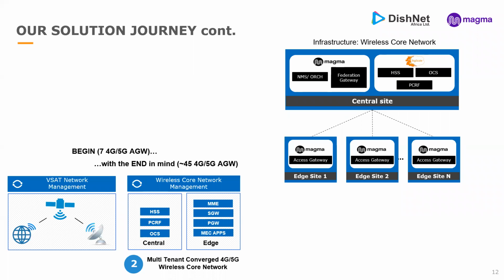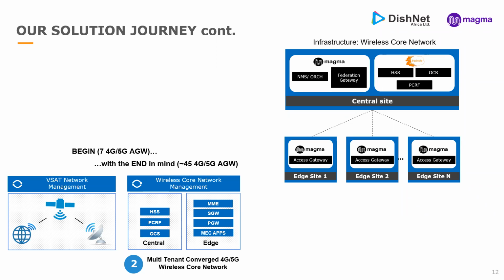We learned that Magma has no limitations, but the current challenge with a Magma-only network is providing mobile data business plans, like 1 GB, 2 GB, 3 GB. So we learned there is an open source project available on GitHub called 6K, which has the functionality of HSS, OCS, and PCRF. We integrated 6K with Magma using the Federation Gateway and the different components like HSS, OCS, and PCRF.